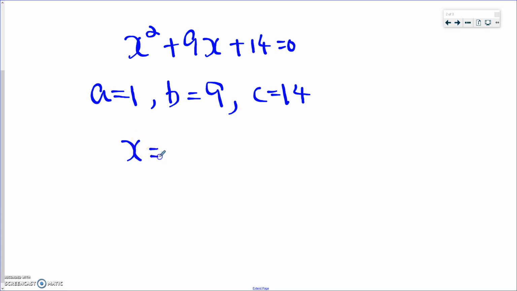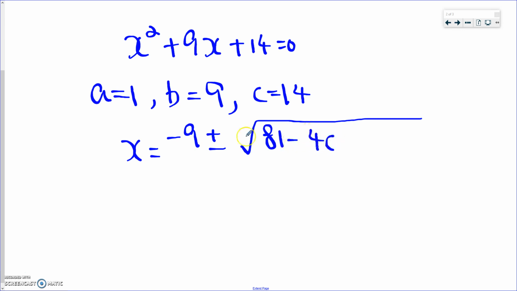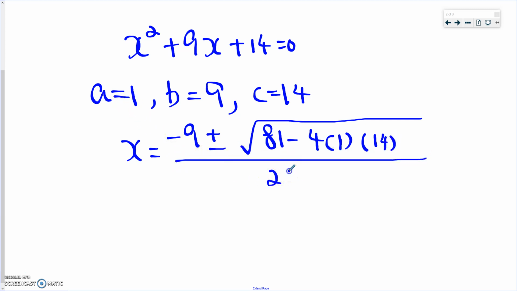That's when we run into problems. Remember that the formula starts off with a negative b. So that negative is going to be there: negative 9 plus or minus. Don't skip this plus or minus. I think there's one student who keeps skipping this plus or minus. It's really annoying. Don't skip that. b squared is going to be 9 squared, 81. Minus. Keep this minus over there. It's always going to be a minus 4, my A is 1, my C is 14, divided by 2 times A, which is 1. I can't remember who did that. You put a 2AC or something like that. It was kind of bizarre. So negative 9 plus or minus,